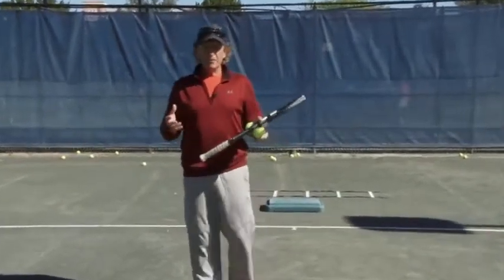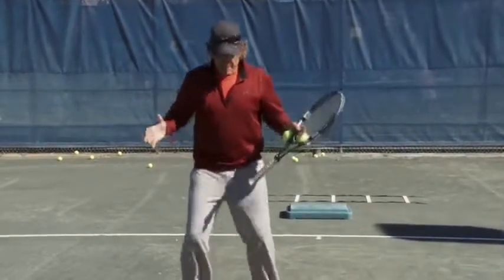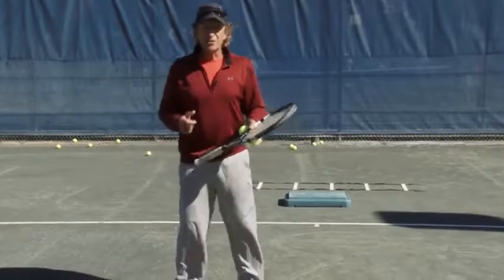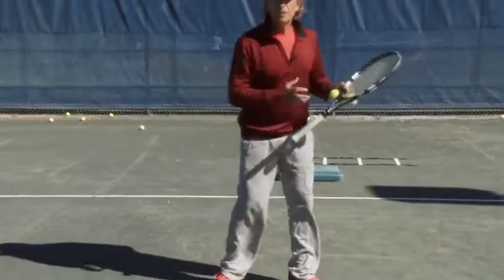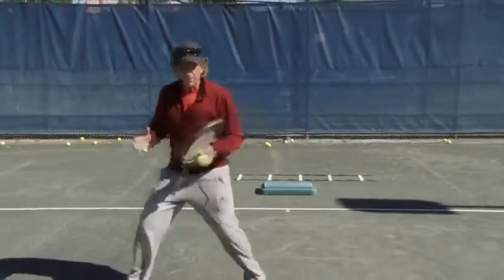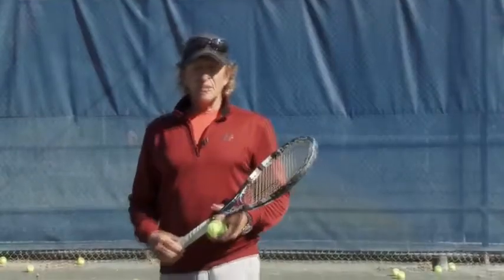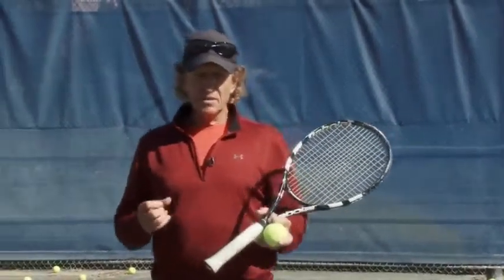Go watch them carefully. When they're in the flow of the point, they don't do a split step like this, but they actually do what we call a flow split. They land on the opposite foot from where the ball is, so that the opposite foot can drive the leg closest to the ball. Okay, let me just show you the drills I do with my players to teach them